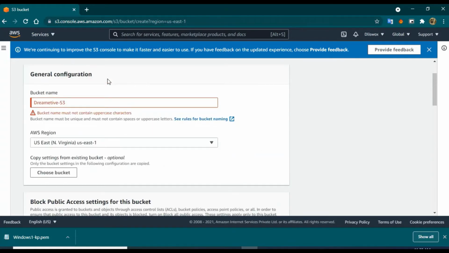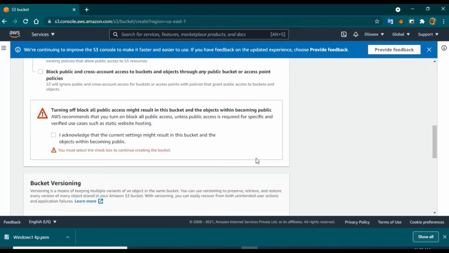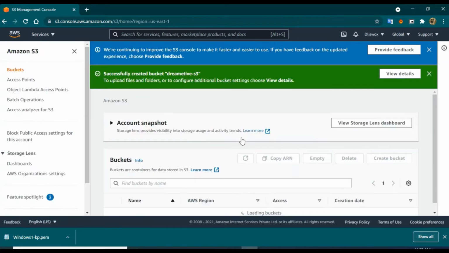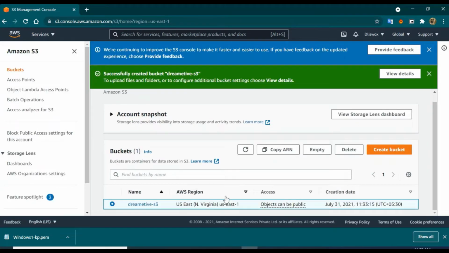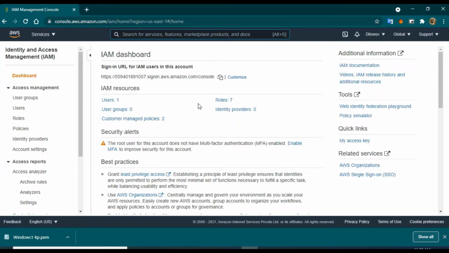But S3 names are case sensitive while naming, so make sure all are in lowercase and then create bucket. So the bucket has been created, and whatever objects you're going to store inside the bucket will also be mounted, right? So here I will first create a user,